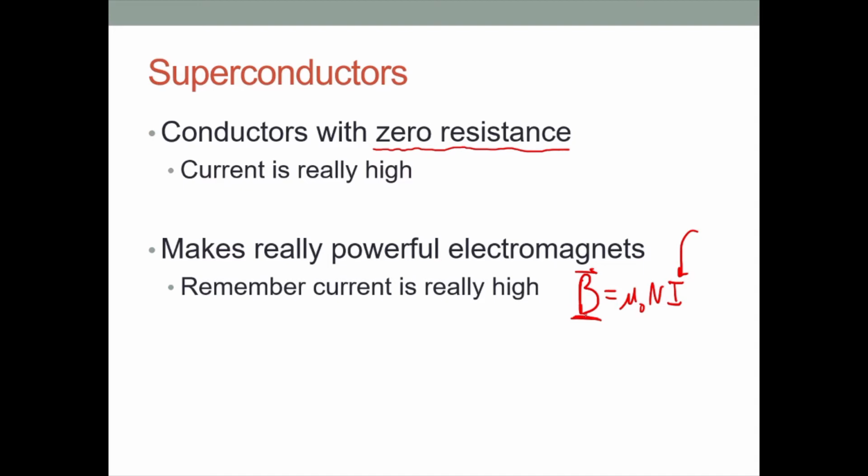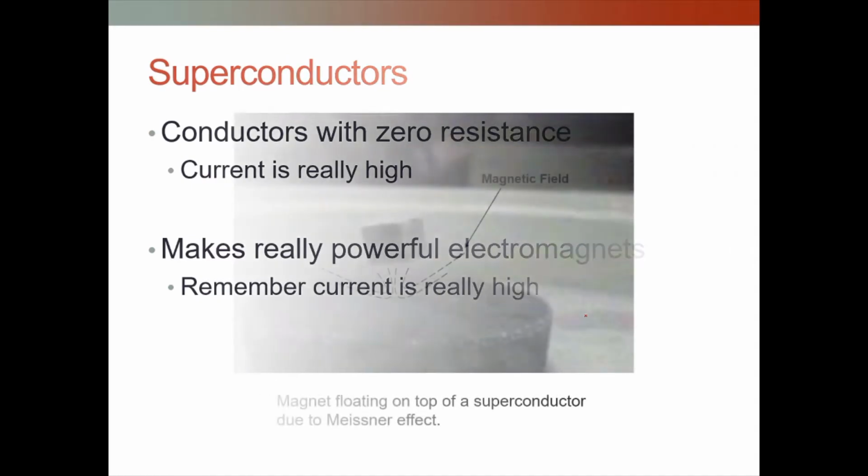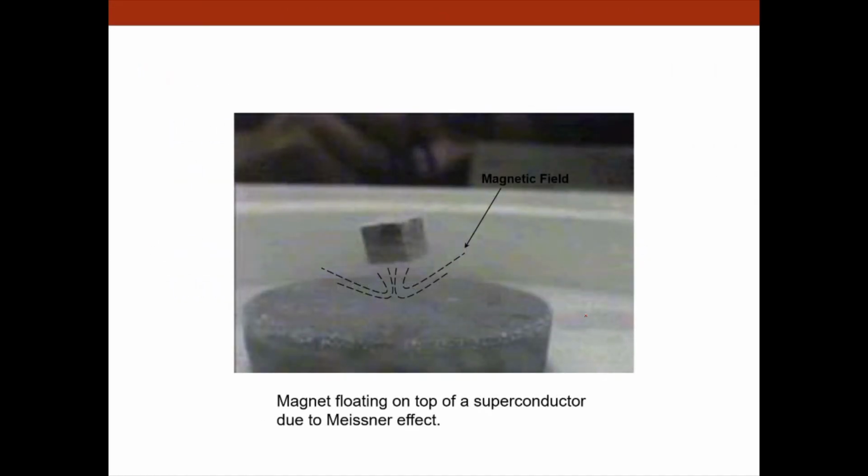And what's really neat about this is it can create some really cool situations. A physicist by the name of Meissner was playing around with these superconductors, and he noticed that if you have a superconductor, might be a little difficult to see here, but this is a magnet. So this is a magnet, one of those ceramic magnets, and it will create a magnetic field around itself. Now, interestingly enough, when this magnetic field comes into contact with the superconductor, it will create a current